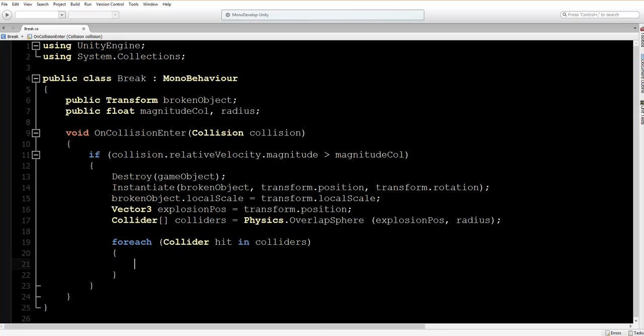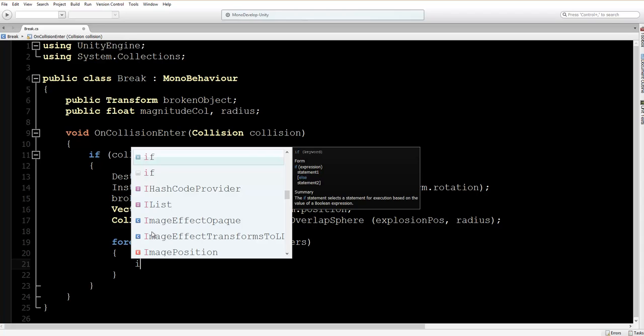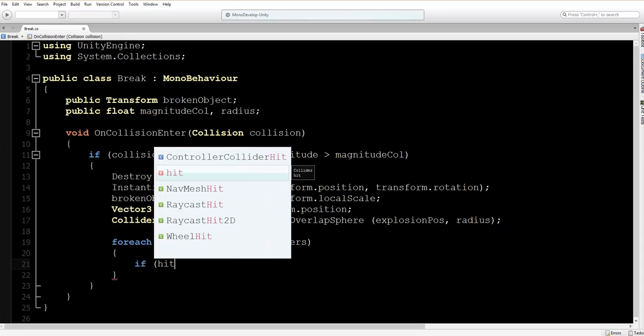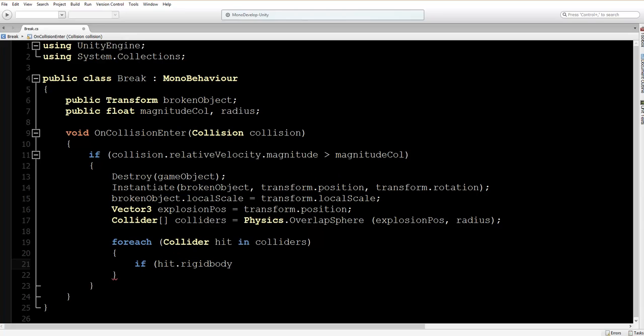Now I'll close this one. And inside here I want to make an extra check if the collider in there does really have a rigid body. Because if it doesn't have a rigid body, then what I'm going to do with the explosion force, you have to have a rigid body for it. And if there wouldn't be a rigid body, then Unity would give an error. So this is just a check. So if hit dot rigidbody, so if it has the component of a rigid body, then